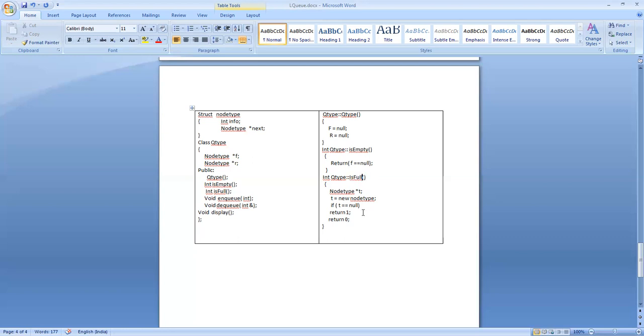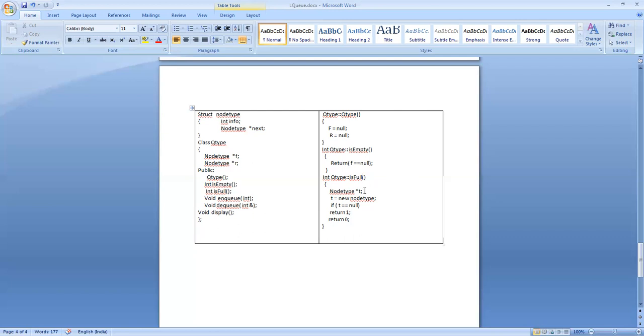Is full. So you will be storing the elements of the queue in a memory device. When the capacity of the memory device is full, you can claim that the queue is full. So we try to declare a pointer variable and we try to allocate memory to the pointer variable. If the system could not allocate memory to the pointer variable, we can claim that our data structure is full. That's what we did.